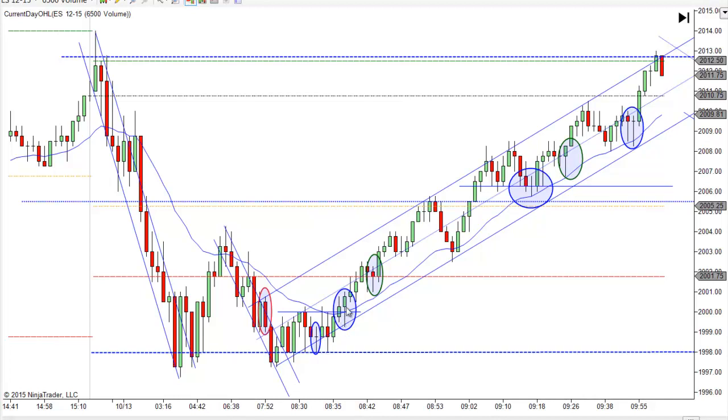So there's a first entry, pull back, and then a second entry, it fails. And they are about two perfectly measured legs. So if you want to be aggressive, you could go long there. Would have worked. And you could have ridden this all the way to the top of the channel before it pulled back. It was really tempting here to go long, and